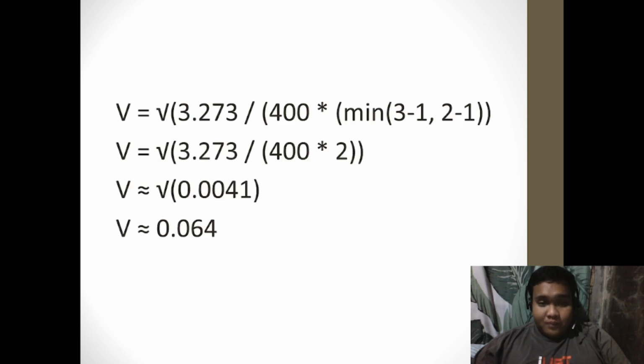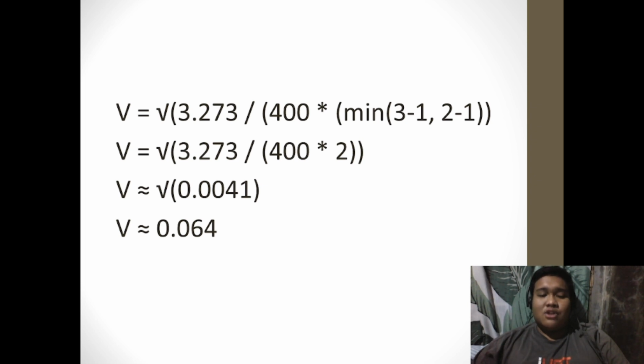So using the formula, substitute all your given numbers. So the square root of 3.273, this is our χ², divided by 400 times min(3 minus 1, 2 minus 1). So V is equal to the square root of 3.273 divided by 400 times 2, so 400 times 2 is 800, so 3.273 divided by 800 is equal to